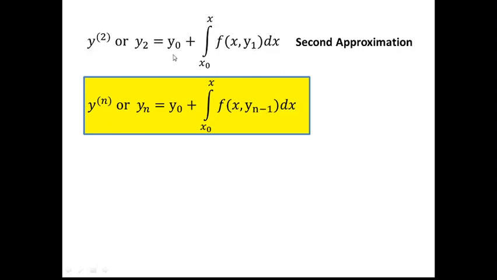If you see here, the second approximation and the quantity being replaced in the integrand differ by only 1. It means that when we want the second approximation y2, I have to just replace y by y1. This formula is called Picard's iterative formula, and as the method of successive approximation is used, Picard's method is sometimes also called Picard's method of successive approximations.